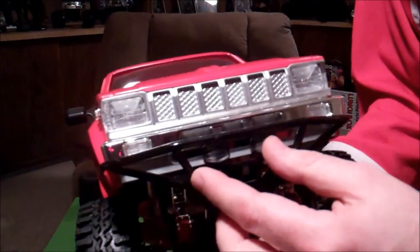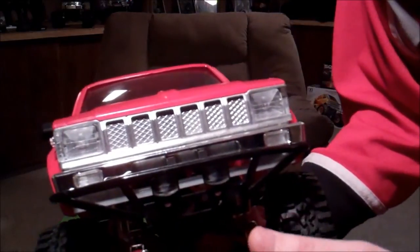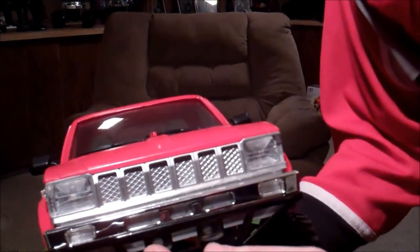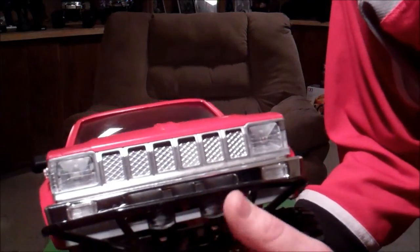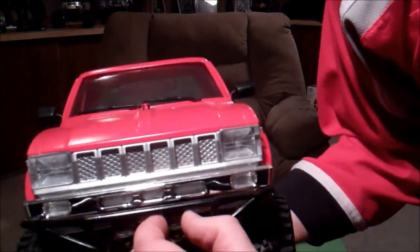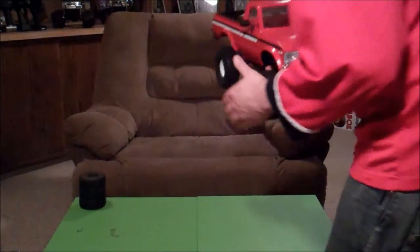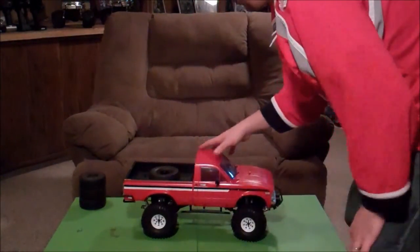I do have to get the LEDs popped into here, but rather than having a winch, which I decided not to go with, I'm just going to put some fog lights on there. I think it'll look nice. And they fit good, and hey, they mounted well. So, no complaints there. So, one of the other things I did, well, the last thing so far,